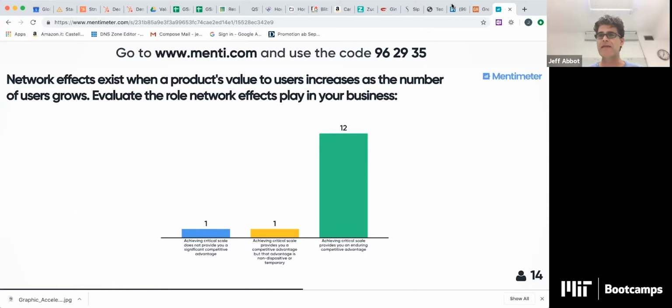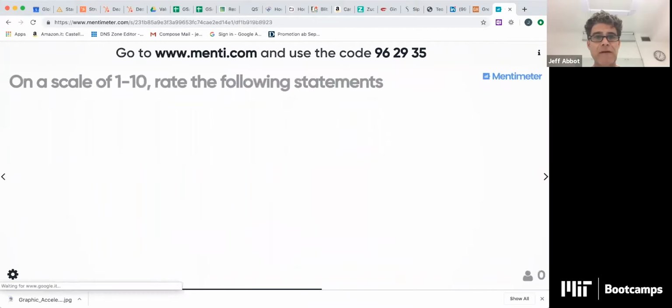I'm not sure I understand that question, but the presumption is that as the number of users grow, the value to everyone in the network grows, either due to the fact that it pulls more interesting outside services or vendors or suppliers into the network, or the collective wisdom of the group increases, or the switching cost increases, so that once you commit to that standard or that network, you can rely on it and make an investment around it. So, of course, there are a lot of different types of network effects, and the message is clear here that this is something that you all think is important.